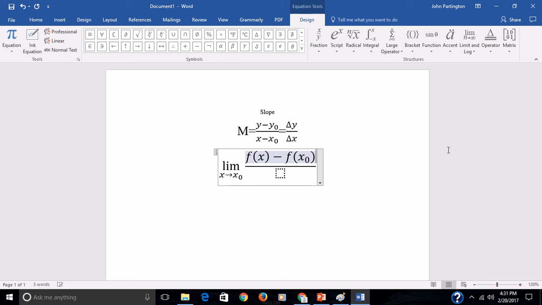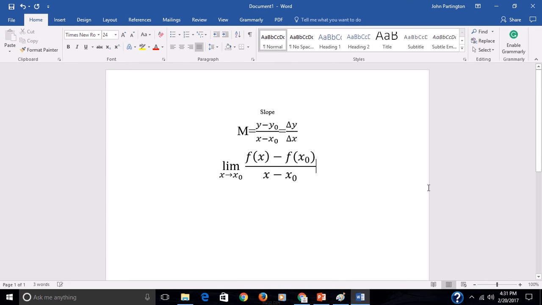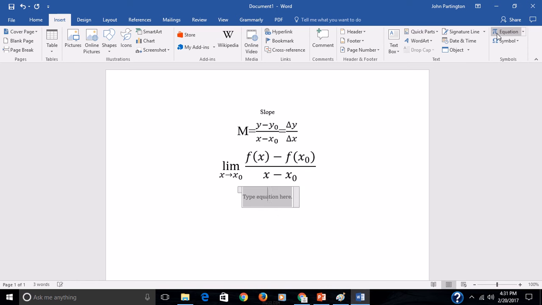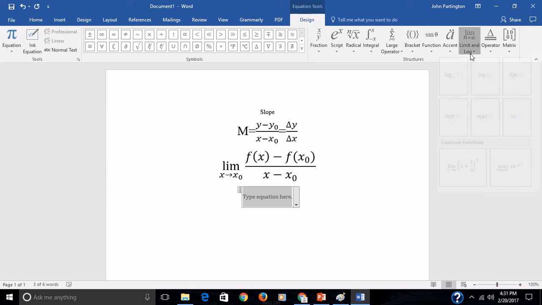f of x naught, right, over x minus x naught. Alright, now, another way this can be notated is as the limit as h approaches 0 of